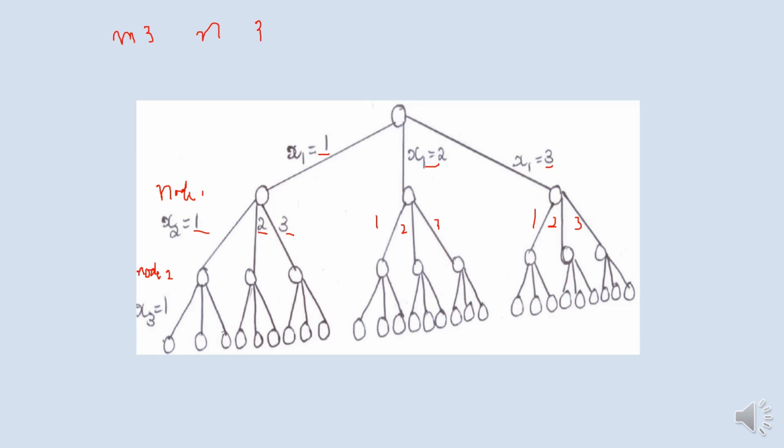At the last level, we are trying to get a color for node 3. So node 3 can be given the colors 1, 2 or 3. So each node at the previous level has 3 child nodes to represent the color chosen for the last node. Here we are giving just a general appearance of the state space tree. We have not considered whether a vertex was adjacent to any other vertex. We are just depicting how the 3 different colors can be chosen for the 3 vertices.